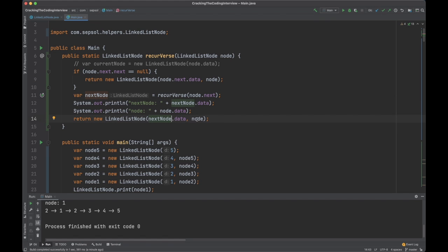Then 4 should point to 3. But why isn't that happening? Am I understanding this correctly? Gives me 2. So